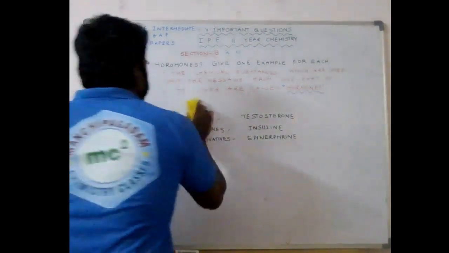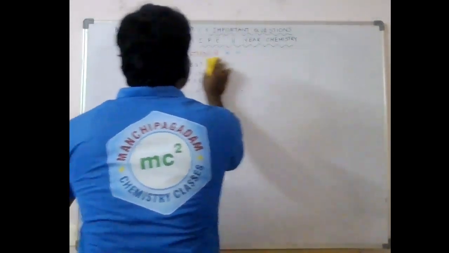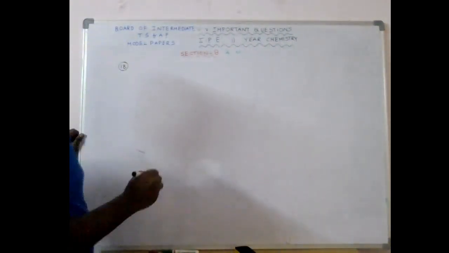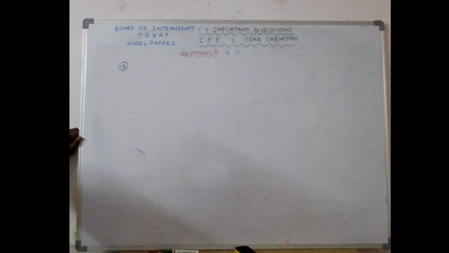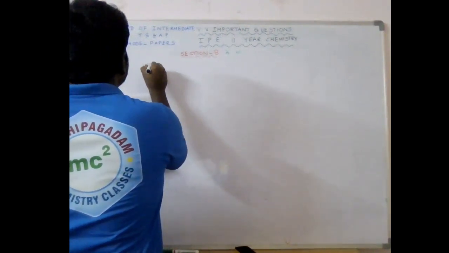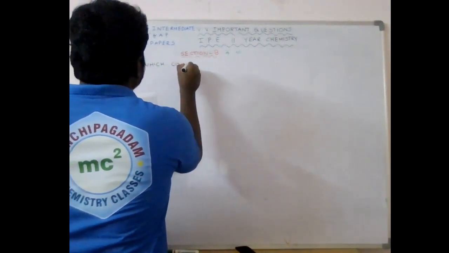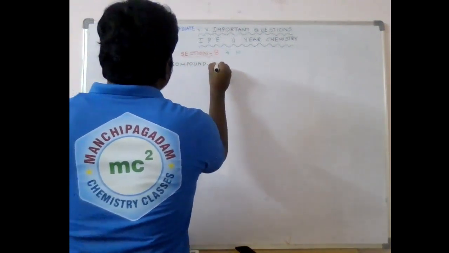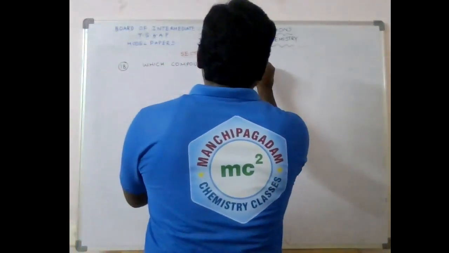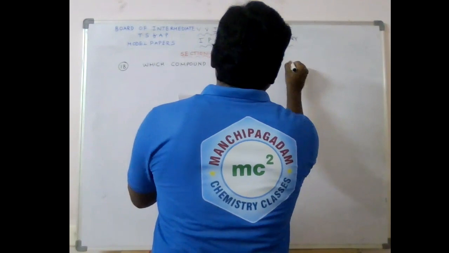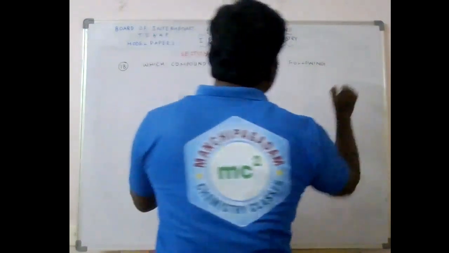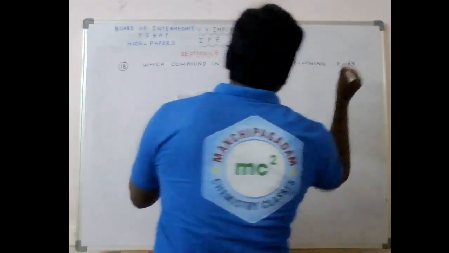Okay. The last question of this section, 18th question. That 18th question has come from organic chemistry, that is haloalkanes and haloarenes. The question is given like this: which compound in each of the following pairs will react